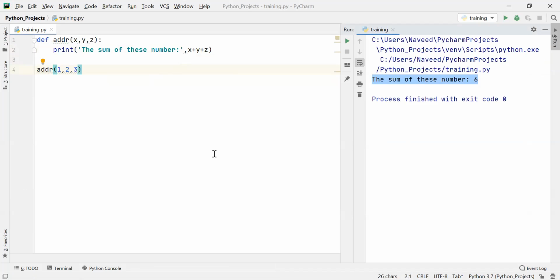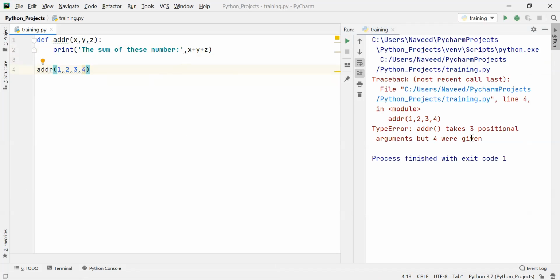Now see, what do you mean by variable number of arguments? See, let's say my requirement has grown. Okay, so I need to pass one more here. Instead of 3 arguments, I want to pass one more argument, a 4th argument. So if I execute this, then my function will fail. Okay, to resolve this, we have in Python something we call args.